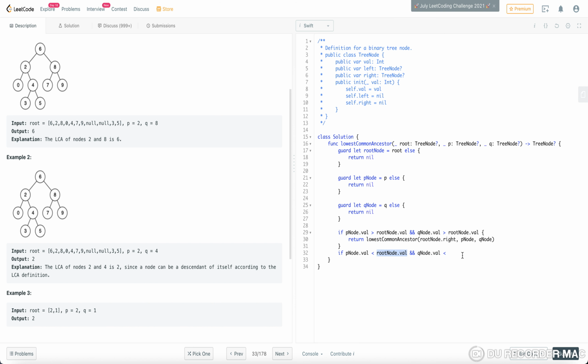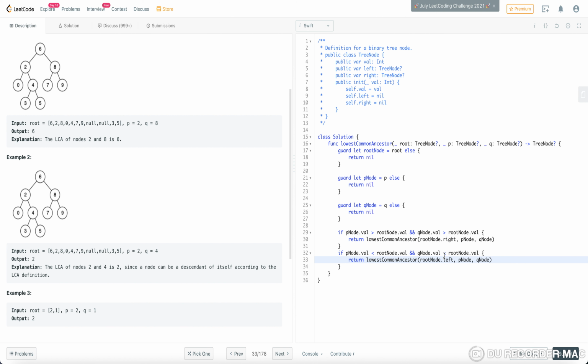If both the nodes are smaller than the root node, in that case from the property of the binary search tree we can say that their lowest common ancestor is on the left side.